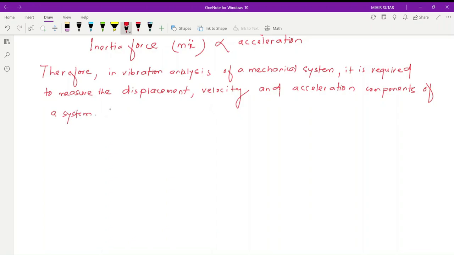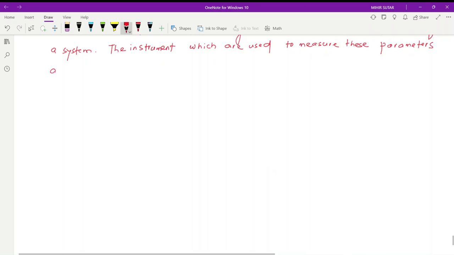The instruments which are used to measure these parameters are known as vibration measuring instruments,